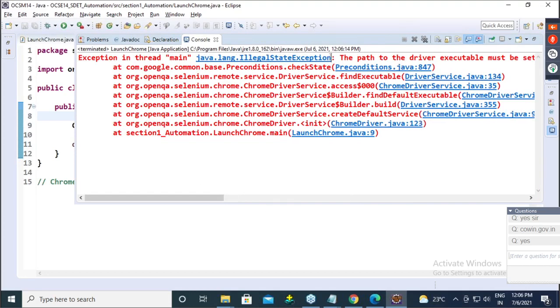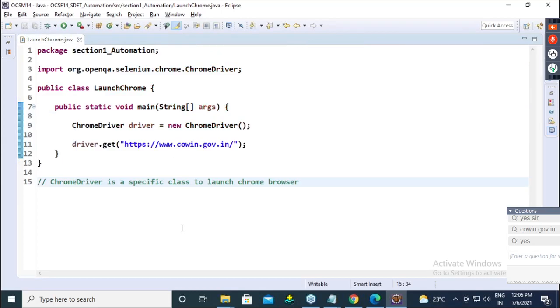Okay. We will get illegal state exception. And guys, now only what I am saying, pay attention very carefully. In every automation interview, this question 200% will be there. Tell me any 5 exceptions you observe in automation. Tell me any 10 exceptions you get in automation during your work and how you overcome.